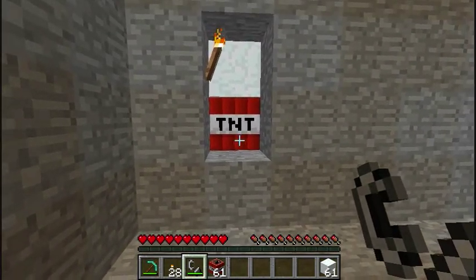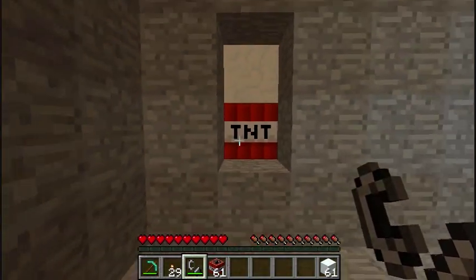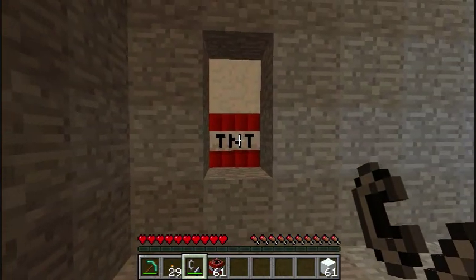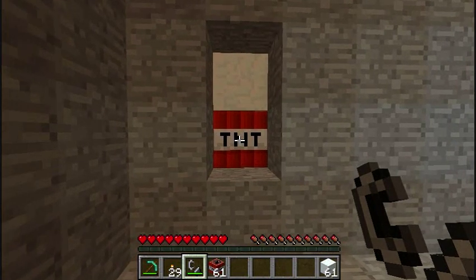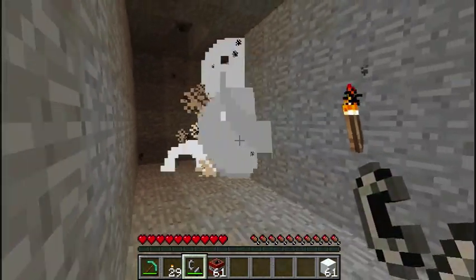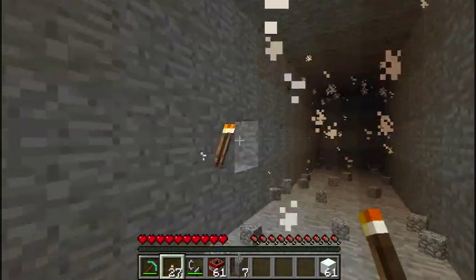Today I'm going to be showing you a mining technique that I've picked up over my years playing Minecraft. I do have a safe version of this TNT blast, and I'll explain that later, and I will also link it in the description as I've already made a tutorial about it. But I'm just going to go ahead and light this TNT and back off a little ways, and we'll see that we can get this really nice